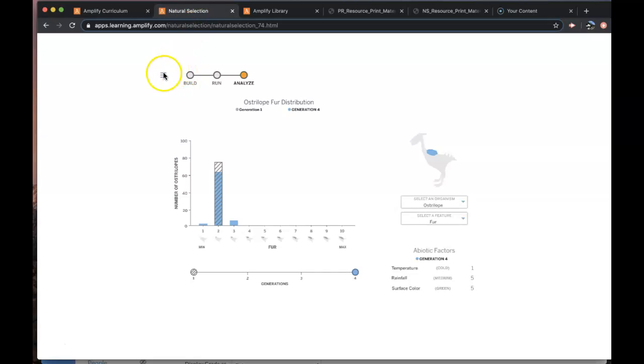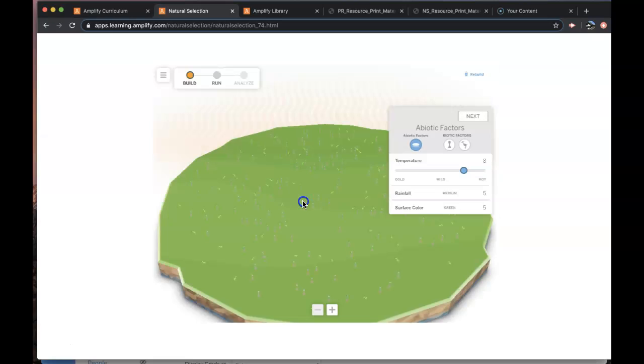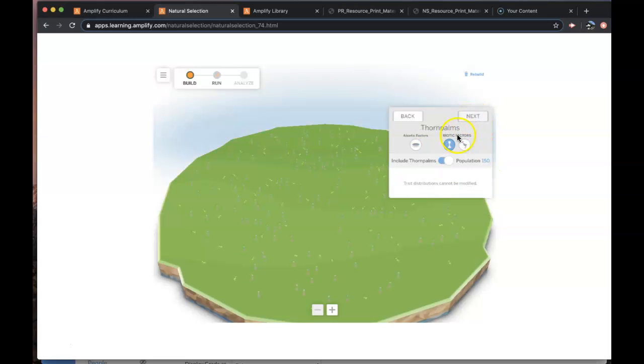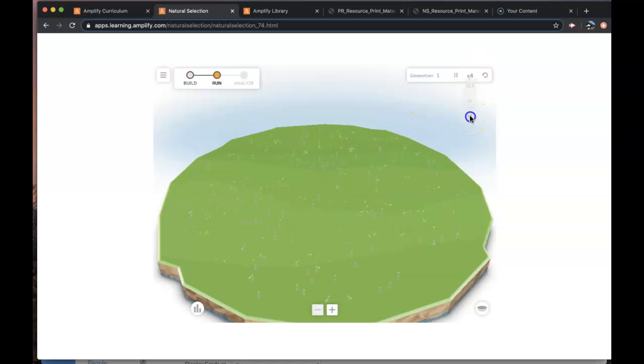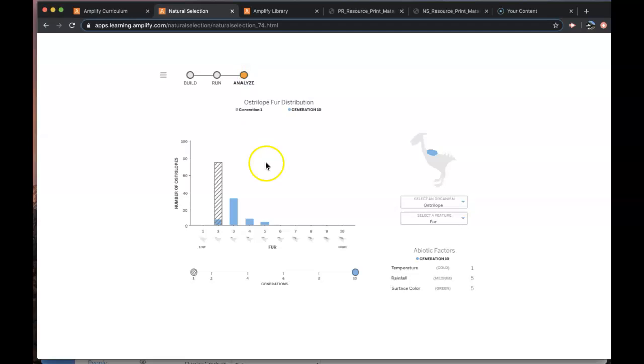Alright, so I'm going to restart this. I'm going to rebuild, and I'm going to change the temperature to level 1, and then I'm going to turn the Australopes on for mutations, and then I'm going to press run, and I'm going to collect 10 generations of data. So we'll wait until that gets to 10, and then I'm going to press analyze. So there's 10, I'm going to press analyze, and we are going to see